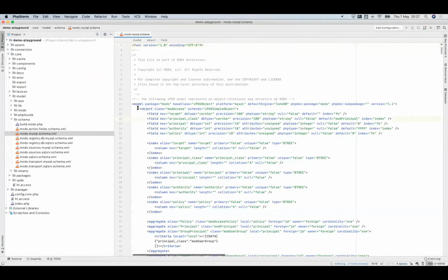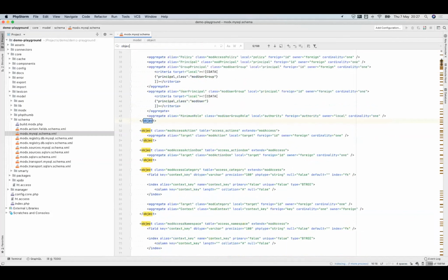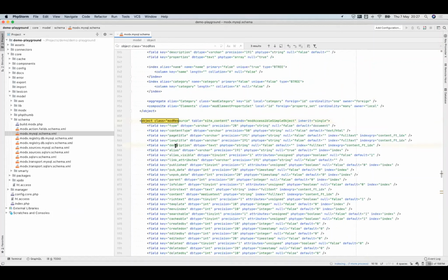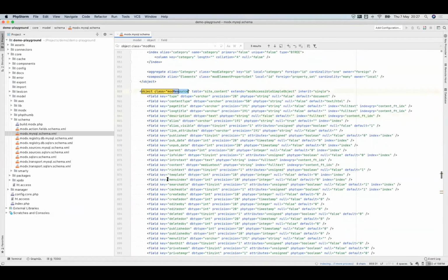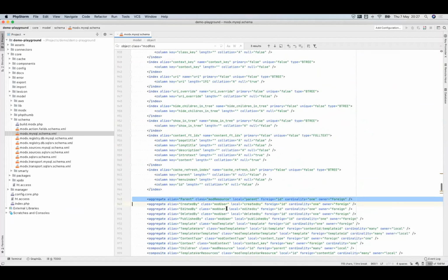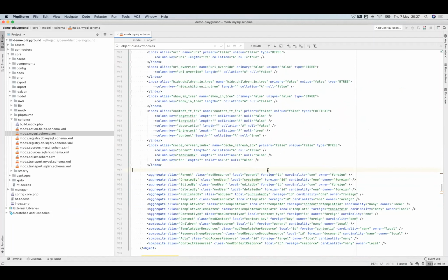So this is our definition of the modResource. The parent is defined as an aggregate. What the xPDO adapter actually does is, if it detects a field that has a relationship with another object, it will actually look up the